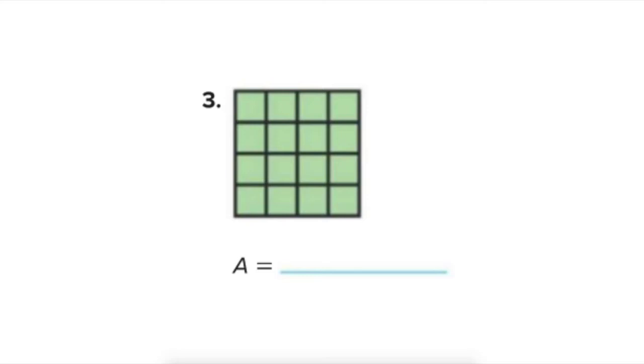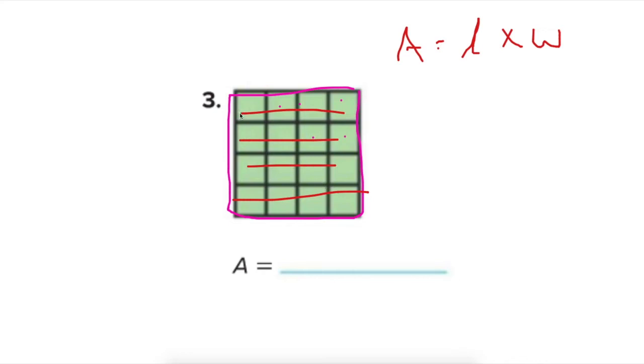So remember, area is going to be calculated by the square units that it takes to cover the shape. So here's our square. We have to see how many boxes it takes to cover my shape. Well, we had an area formula: area equals length, that's a cursive L, times width, because then we would have multiplication of how many rows or how many columns. So length times width, well, there's no difference here, so our other formula for the square was area equals side